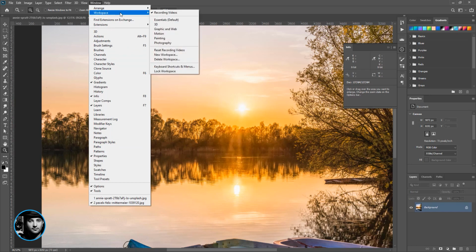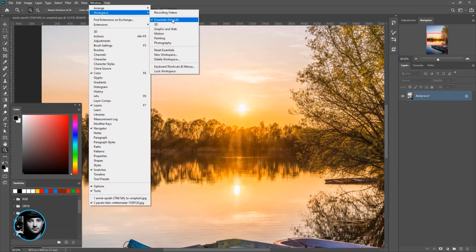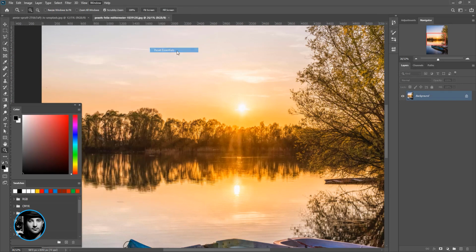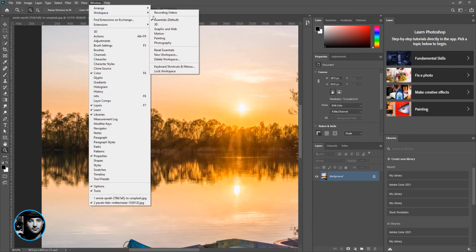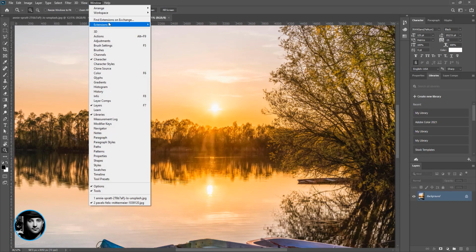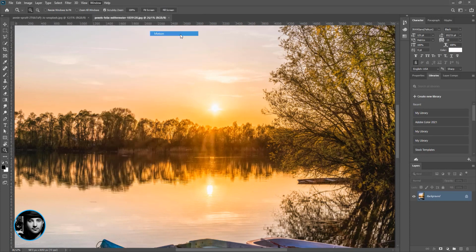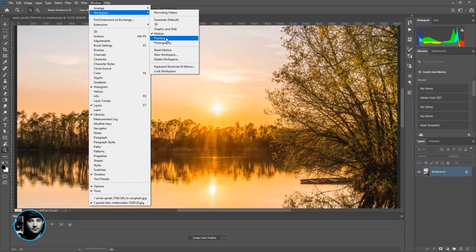And the other thing is Workspace. Sometimes by default you are in Essentials default, though I changed this, so I can go back to Window and see the Essentials default. I can reset Essentials and everything goes back to normal. Again, Workspace, Graphic and Web is going to be like this. Window again, Workspace and Motion. As you see, by default